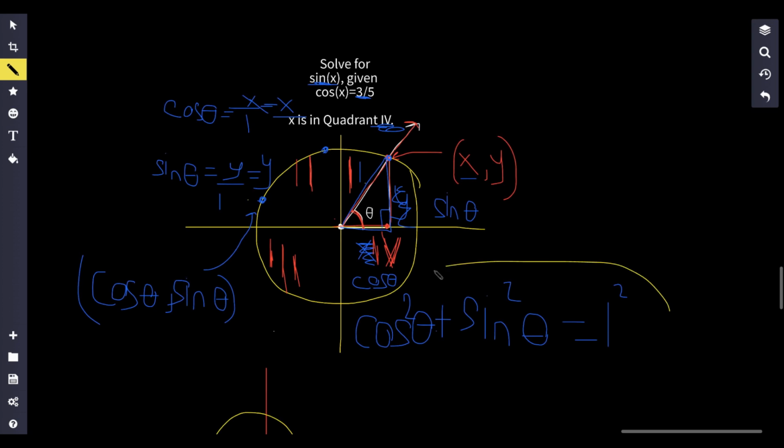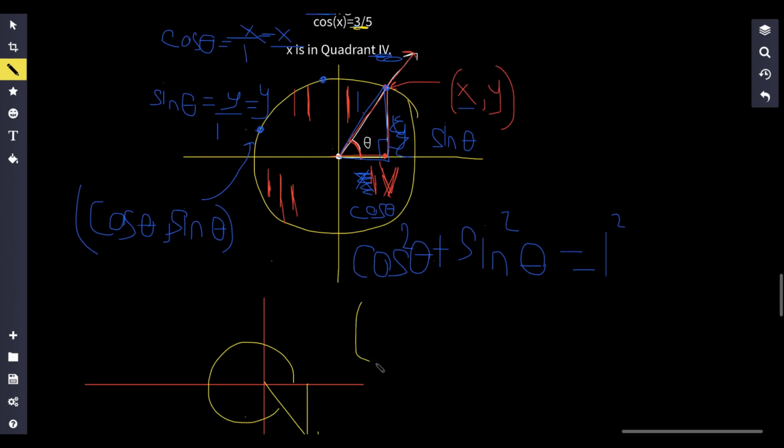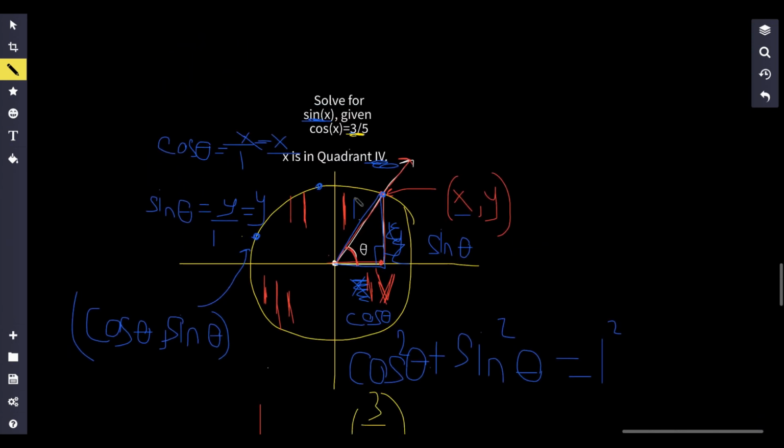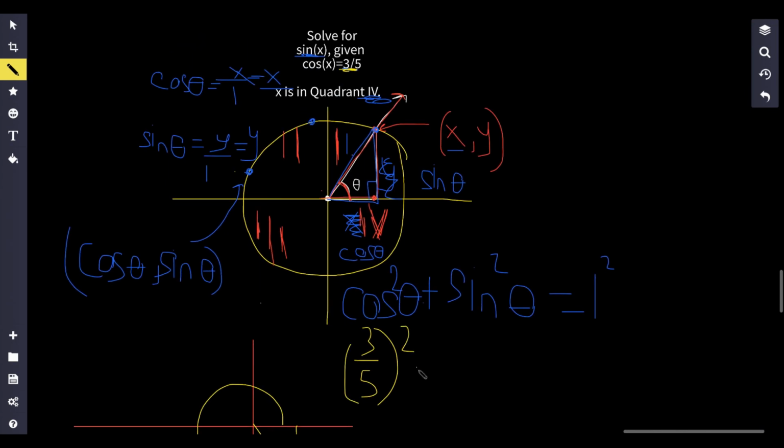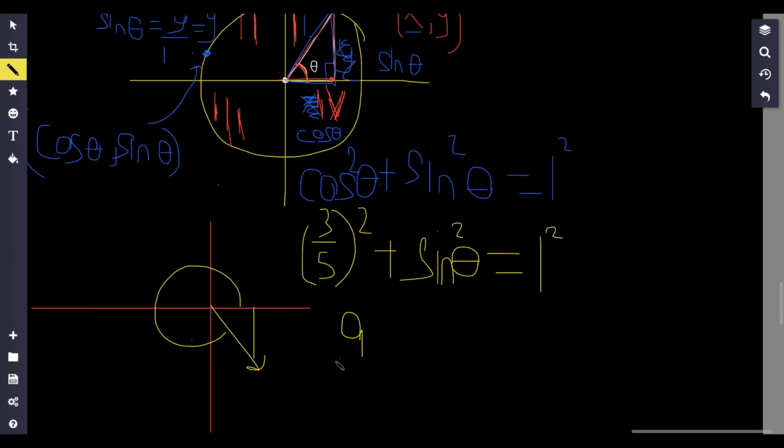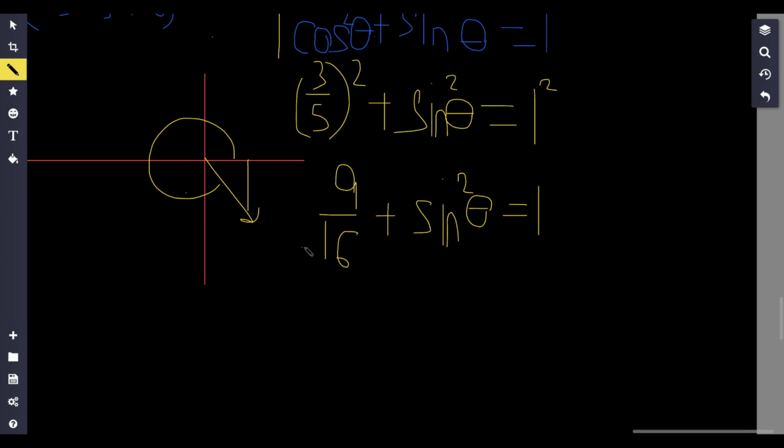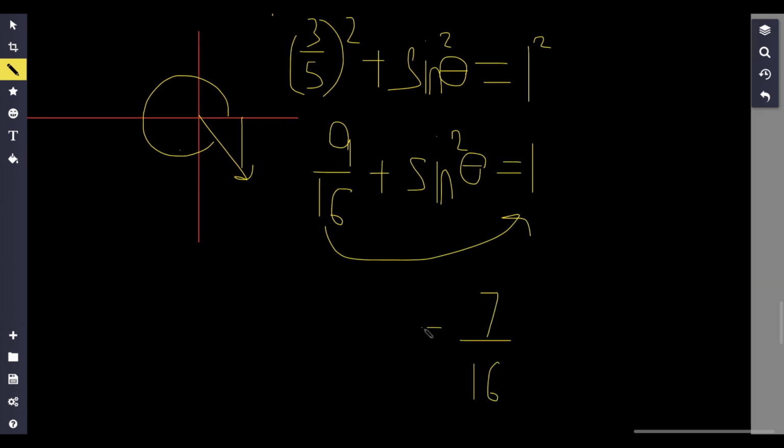Now, we can use this formula to solve it, right? So we're given that cosine of x is 3 over 5. So we can substitute this into our equation. So 3 over 5 squared plus sine squared theta is equal to 1 squared. And then, so this is 9 over 16 plus sine squared is equal to 1 squared. 1 squared is just equal to 1, so let me just write that down. If I subtract 9 over 16 from both sides, I just get 7 over 16 is equal to sine squared